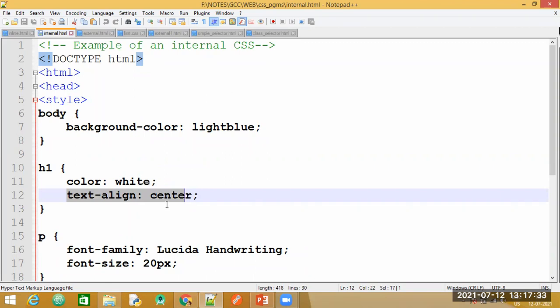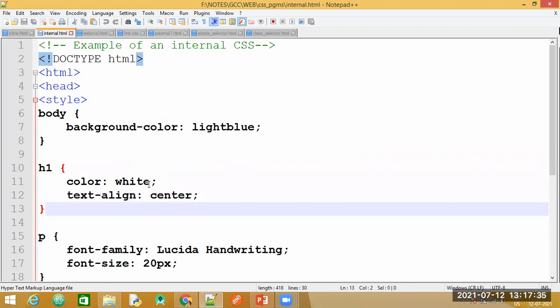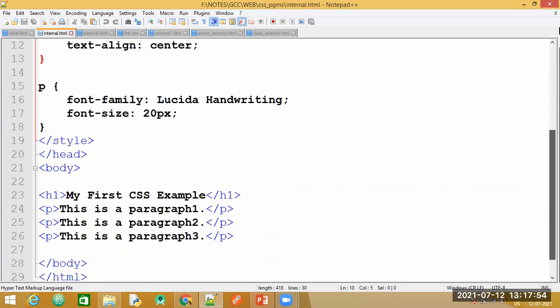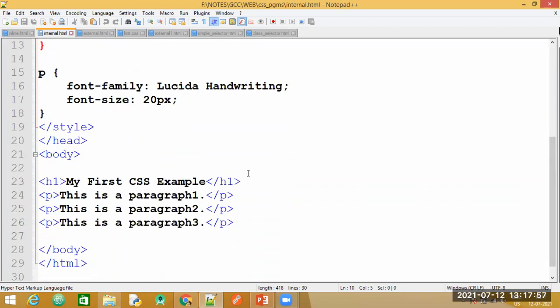Now you observe how we are specifying the properties. We are not continuing them in the same line, and we are not specifying them with double quotes. There are no double quotes, but we are making use of the element name, an opening and closing flower bracket, and within that we specify the attribute and its respective value. First have a look at this HTML. I have one heading tag and three p tags, that is, three paragraphs. This is the only content of the HTML here.